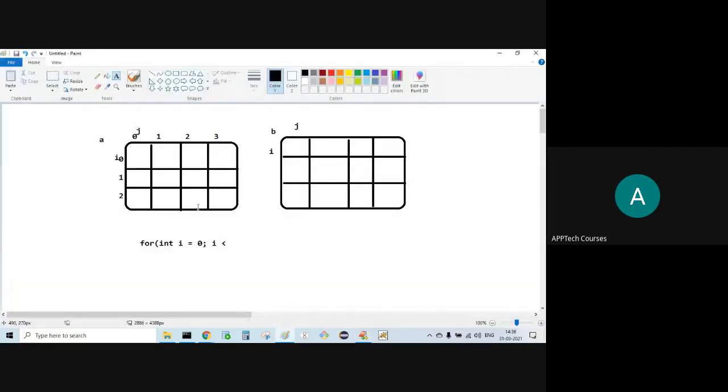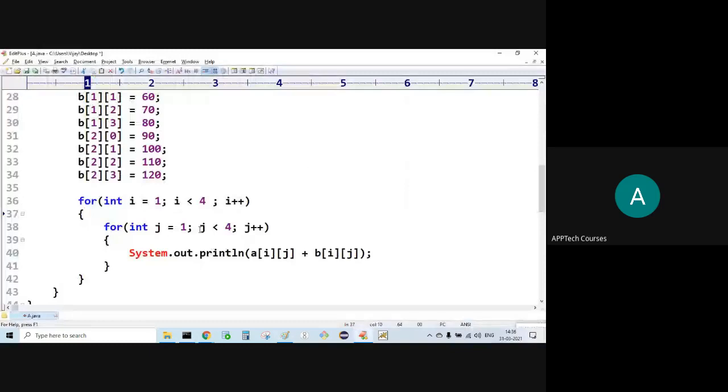If I start from 1, what happens? We don't get that 0 index. That is the problem. So here it should start from 0 only. If you are confused, go for length. P dot length. Is it fine?